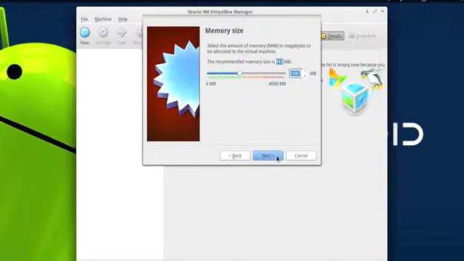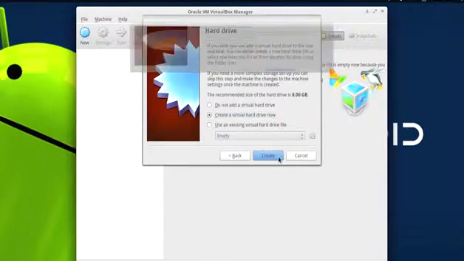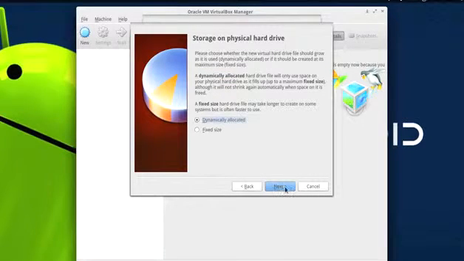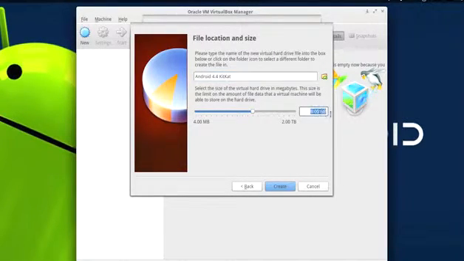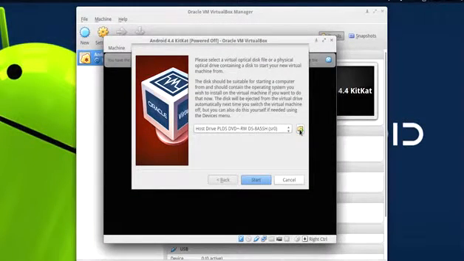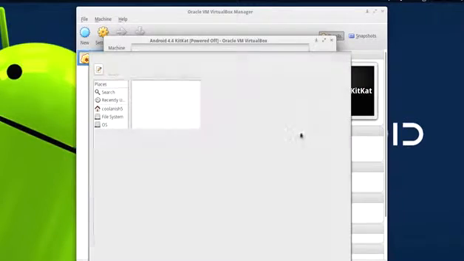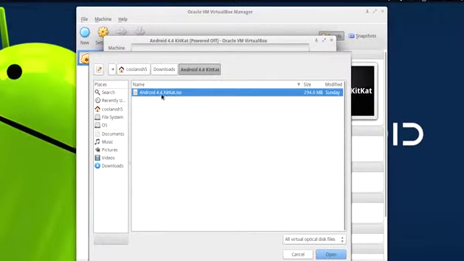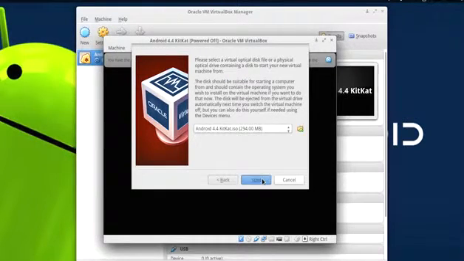So once you have specified the amount of RAM, hit on next and then hit on create, hit on next, click on create again, next, and over here you'll have to specify the amount of hard disk space you're going to allocate for the Android OS. 8 GB is just fine. Hit on create again and then hit on the start icon over there, and then you'll have to choose the ISO image. Now click on the folder icon over there and then choose the Android 4.4 KitKat ISO image which you have just downloaded. Hit on open and then click on start,